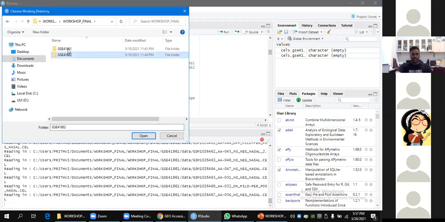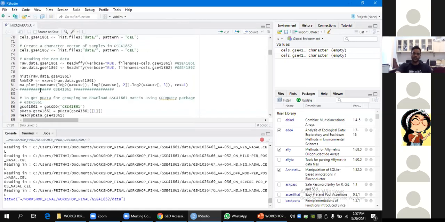Once all the files have been read for the GSE41861 dataset, it will be similar for GSE41862 also.